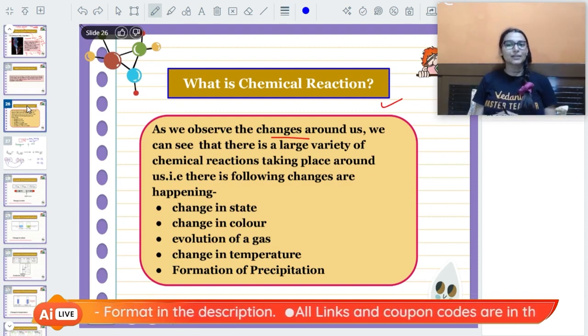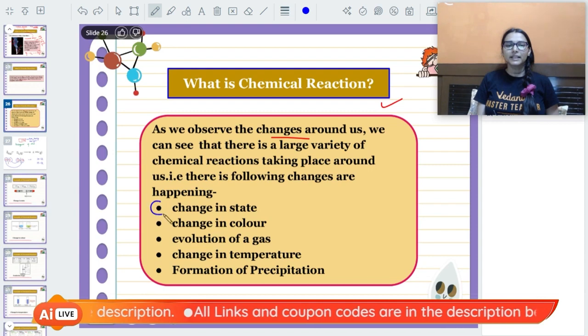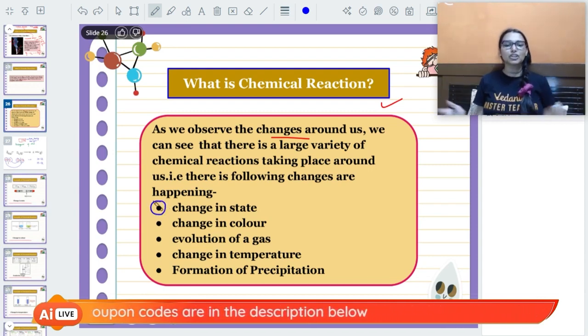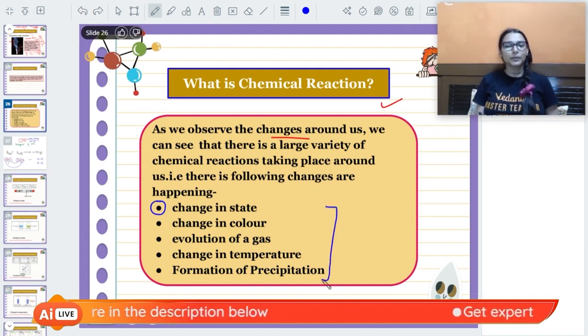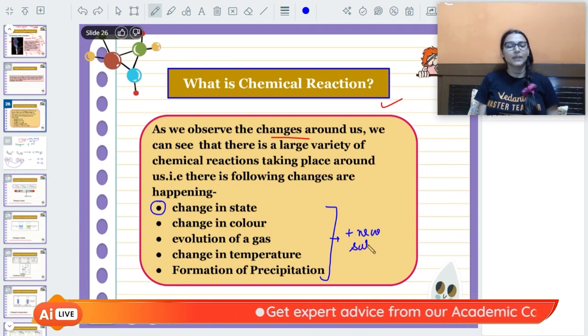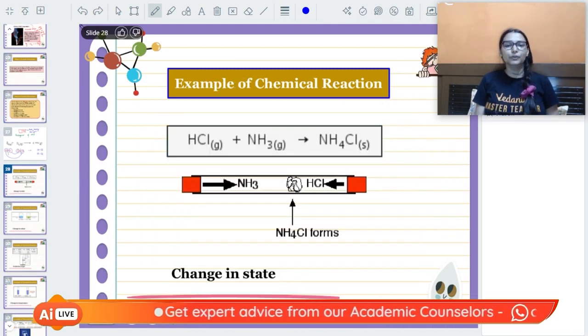that a chemical reaction has taken place. The first thing is change in state. Okay, change in state along with the formation of a new substance. मतलब ये कुछ भी हो सकता है, plus new substance will definitely be formed. ठीक है? For example, if I show you a reaction here,